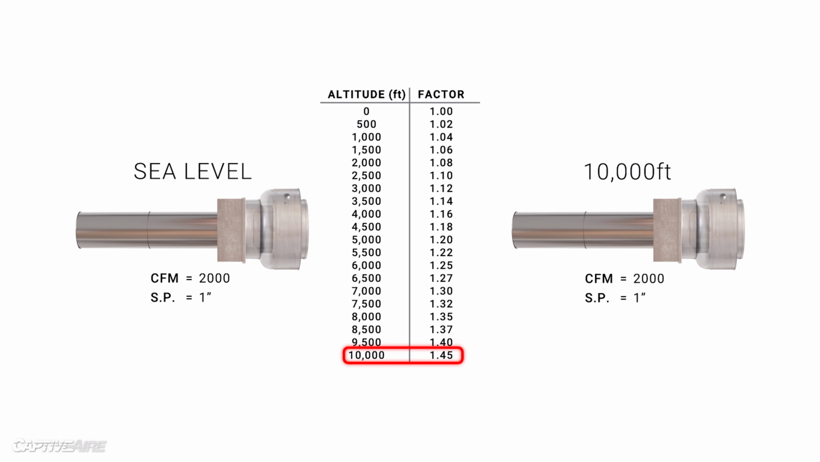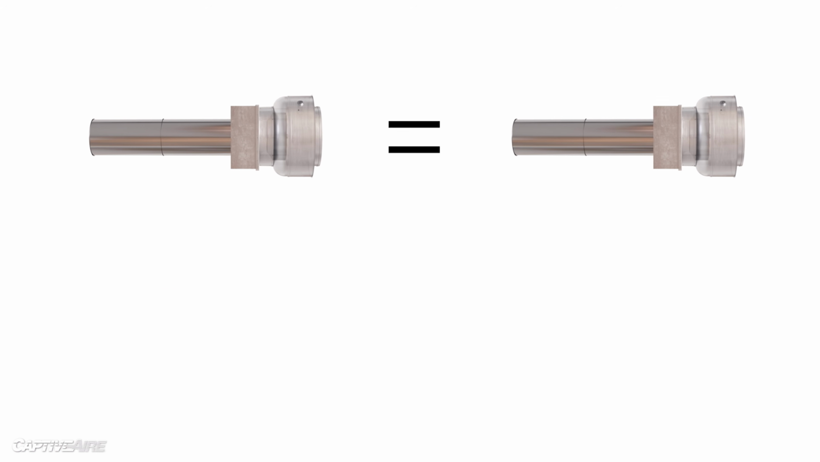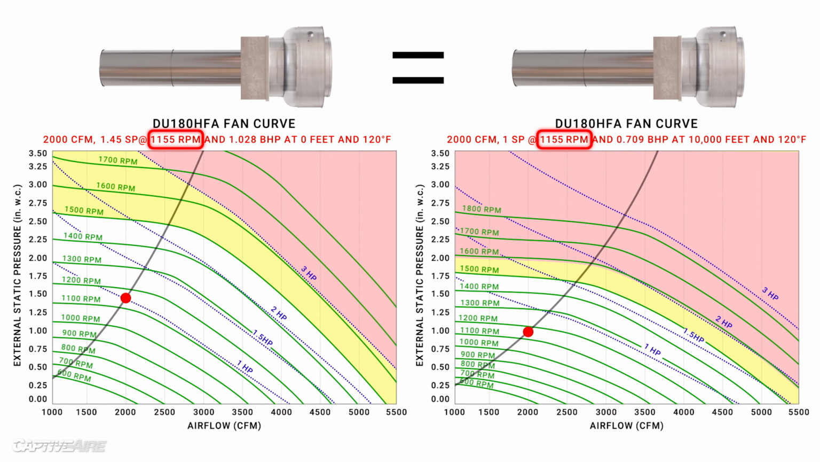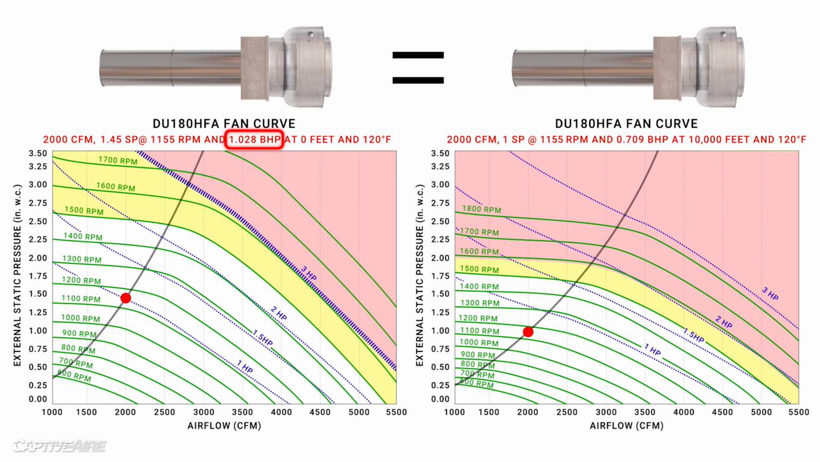Well, we use the correction to multiply the 1 inch of static at sea level, and we get 1.45 inches of static. If we look at the curves now, the speed of the two fans matches. That's how we calculate that the fan at 10,000 feet has to spin at 1155 RPM. Again, at the same speed, the fan at elevation is going to develop less static pressure because the air density is lower. Also, since the air is less dense, this fan is going to do less work. So we can divide the horsepower at sea level by the correction factor, and that gives us our resulting horsepower